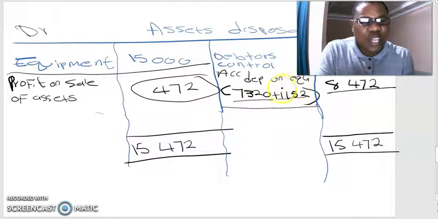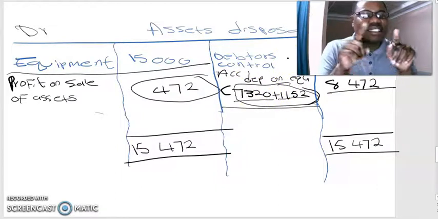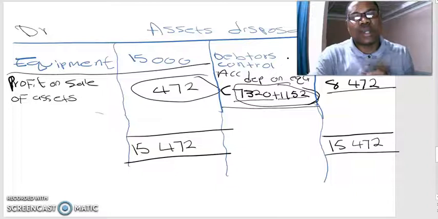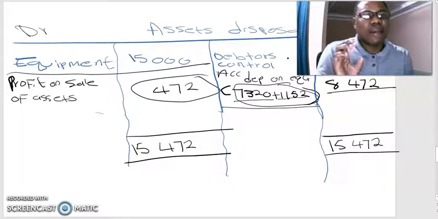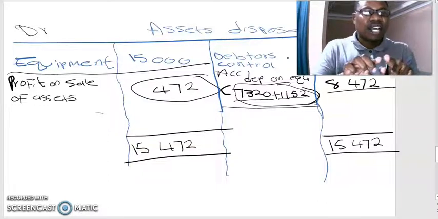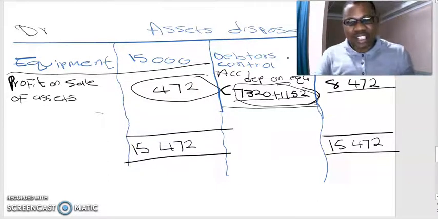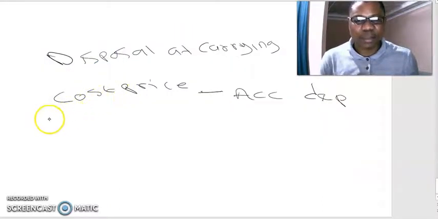Remember, here we are subtracting the total depreciation of that asset since day one up until the last day when we are selling that asset. So it was 7,320 plus 1,152. That is the total accumulated depreciation of that asset. So what do we do here? We just say the cost price of that asset that we are selling